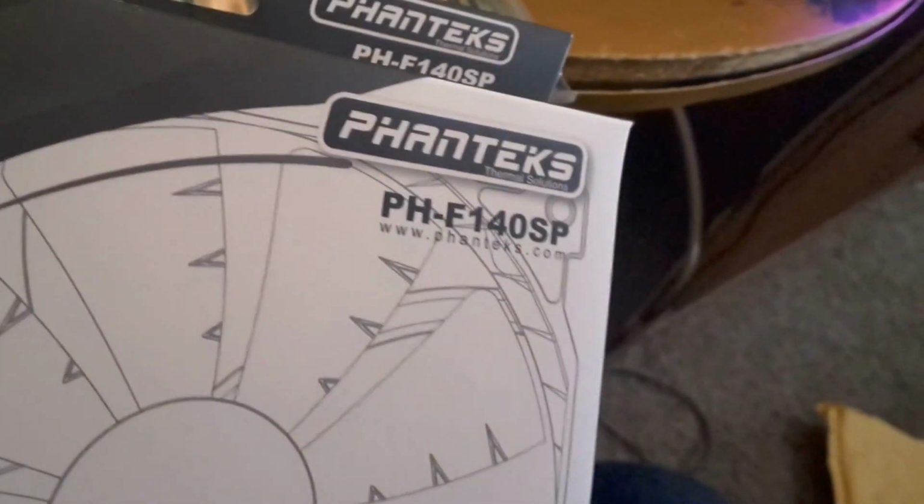Yeah, so got two of those. Gonna install those in the front of the case. Should help keep my temperatures down, because I do feel that the stock cooler that came with my Ryzen processor is actually pretty good, because I'm getting quite similar performance with this than with my stock cooler from my Intel. So that does tell me that I might just need a little bit more oomph coming from the outside of the case, a little bit better airflow, just a little bit, because my temperatures are just slightly higher than what